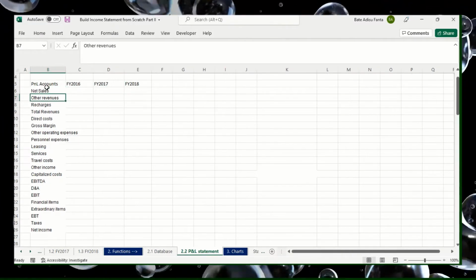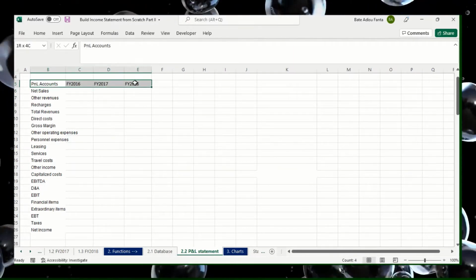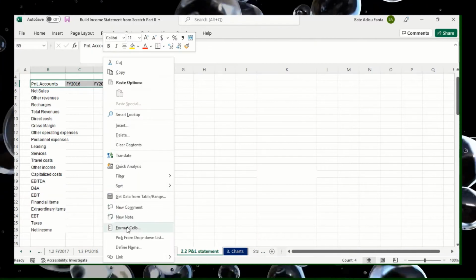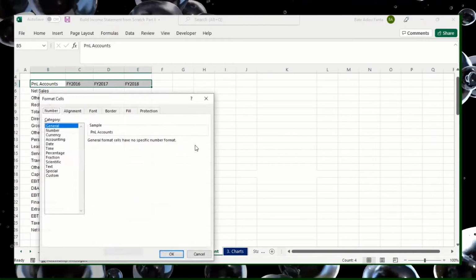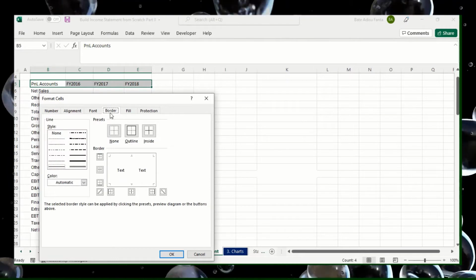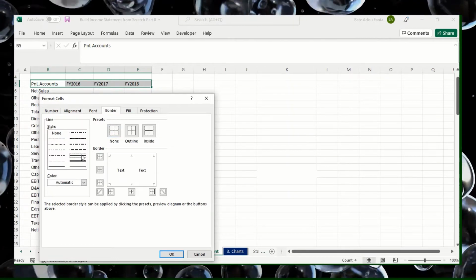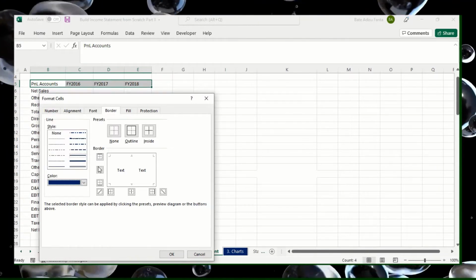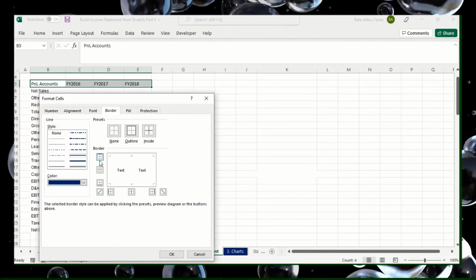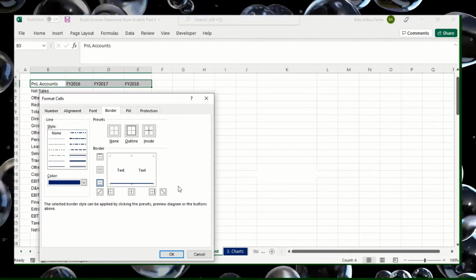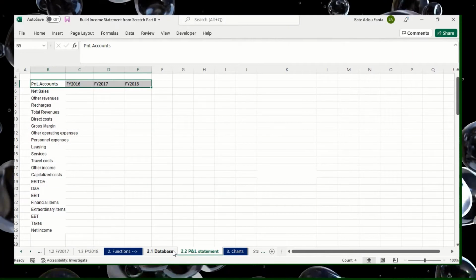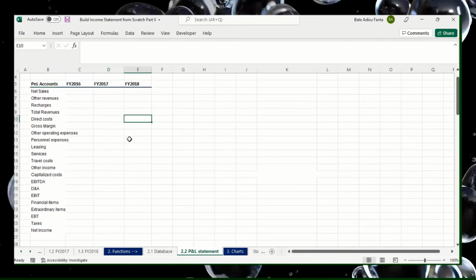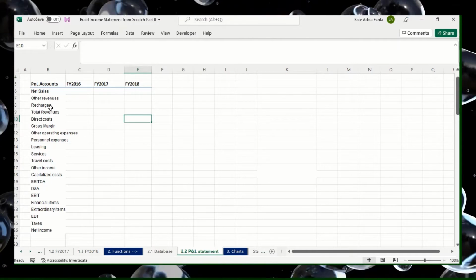Let's do the formatting. We can go to the format cells option and border, and let's go for this thicker one. Let's go for this dark blue, and let's do the bottom one for the first one, and we can also bold it. Here we go, and we have again